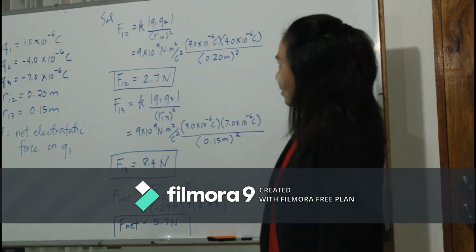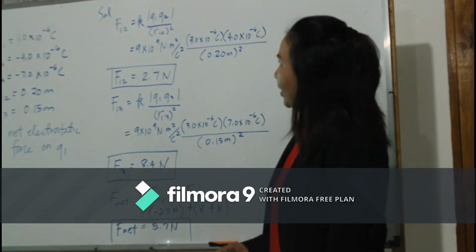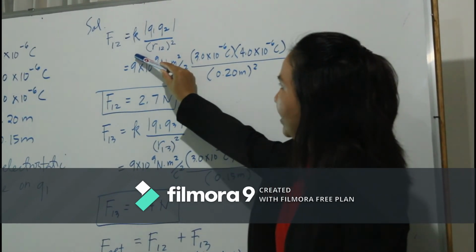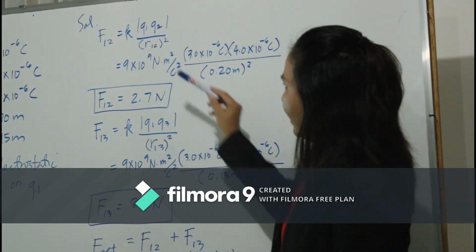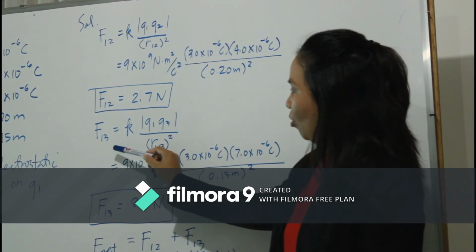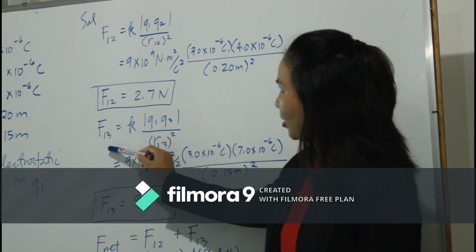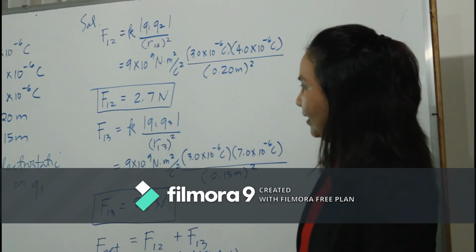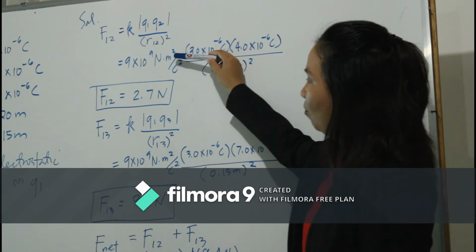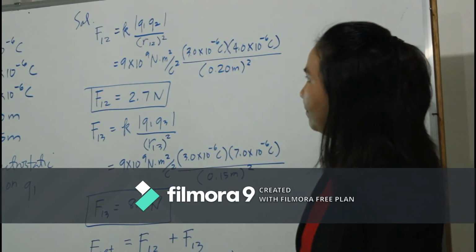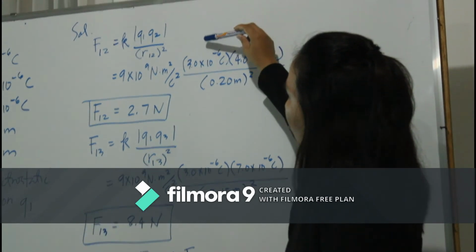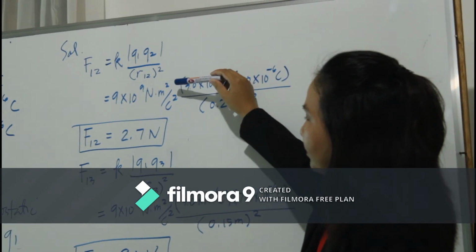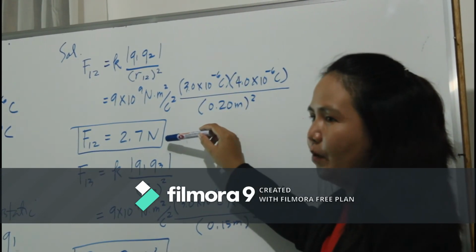To analyze this problem, we first have to compute the force that exists between charge 1 and charge 2, applying Coulomb's law. And we need to compute the force that exists between charge 1 and charge number 3. Afterwards, we will get the vector sum of F12 and F13. Now, using Coulomb's law, the magnitude of the force exerted by charge 1 and 2 is equivalent to 2.7